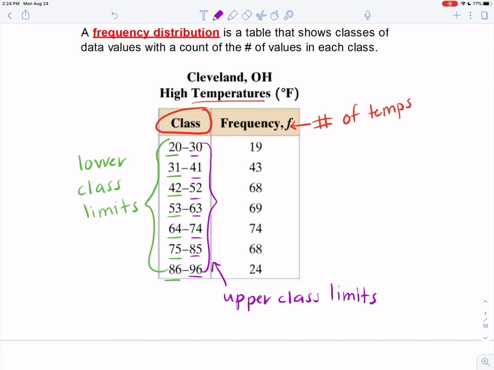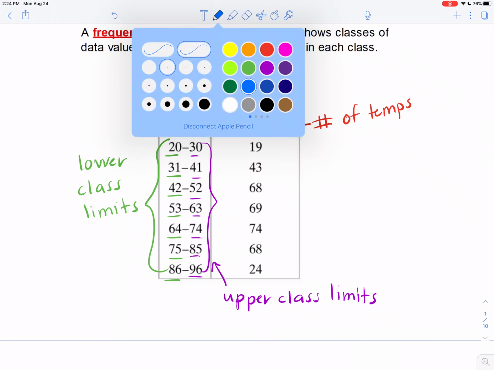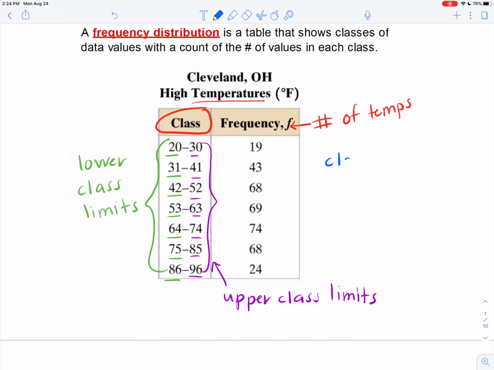Now, another really important term that you're going to hear referenced here, and you're going to want to be able to identify it, is the width of a given class. Now, as it sounds, the width does define the size of the class, right? But you want to be careful in making sure that you determine this class width correctly. If I'm counting any temperatures that are between 20 and 30 degrees for the first class, right? Logically, you look at that and you think, well, the class width must be 10. But if you were to count that out, if you were to count out how many possible temperatures there are,